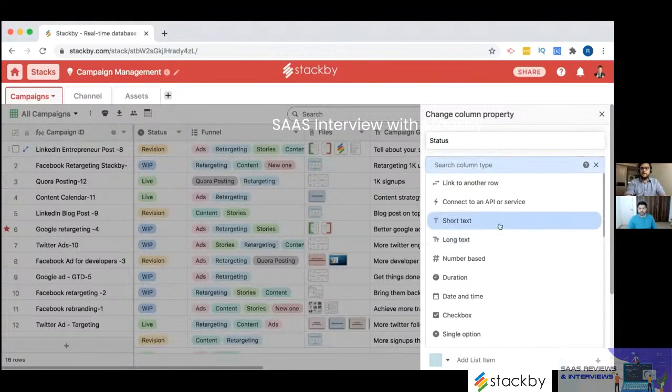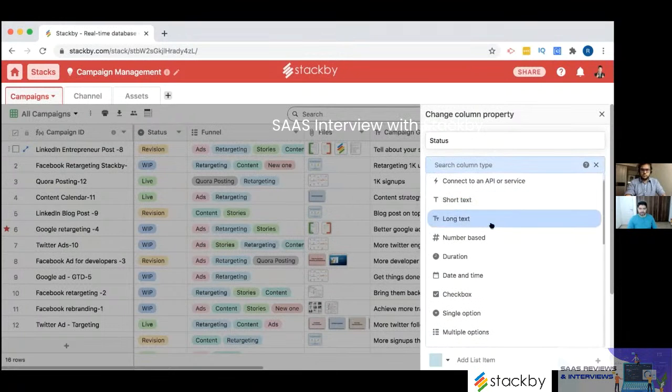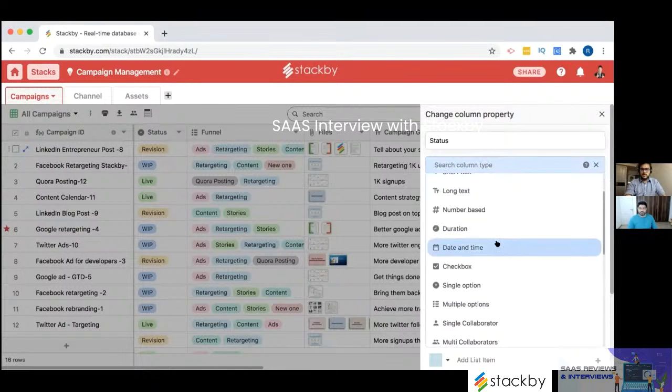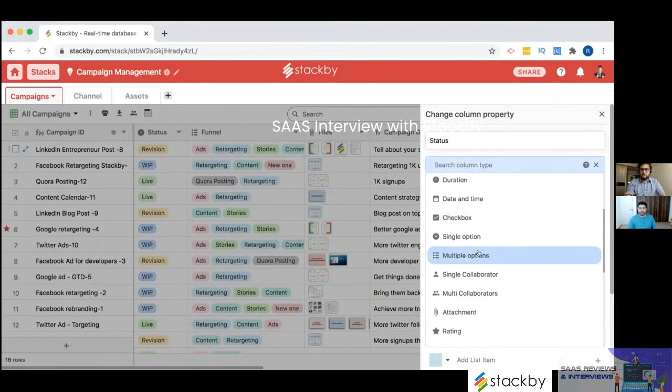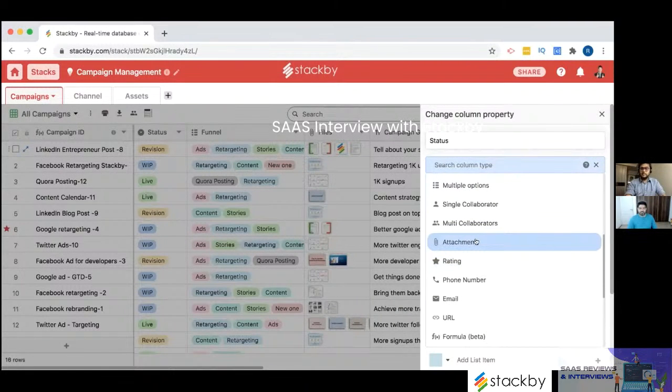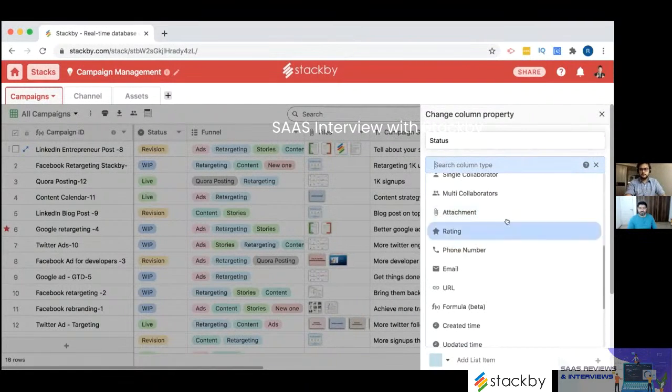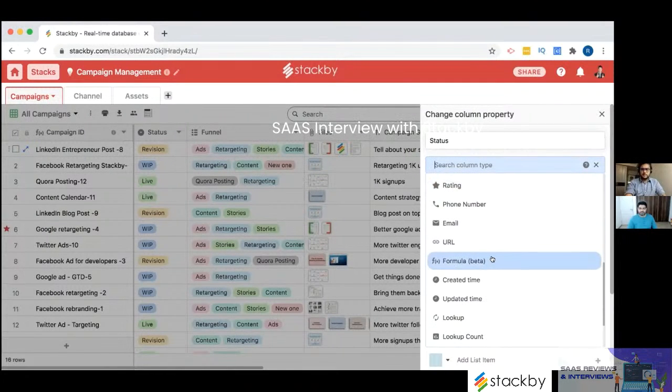So we have 25 different column types, from short text, long text, date and time, checkboxes, drop-downs, collaborators. You can add attachments and files, connect to any of your external storage, ratings. Then there are formulas. So formulas are also at the column level versus at the cell level in a spreadsheet.